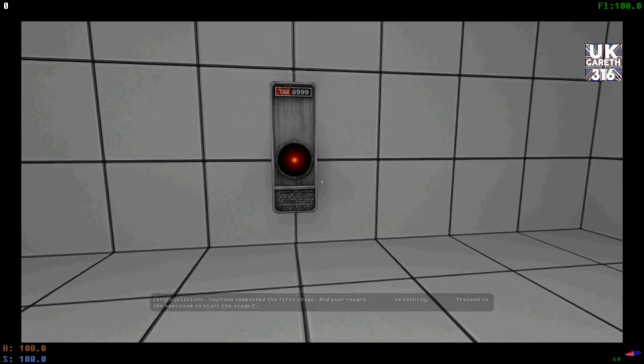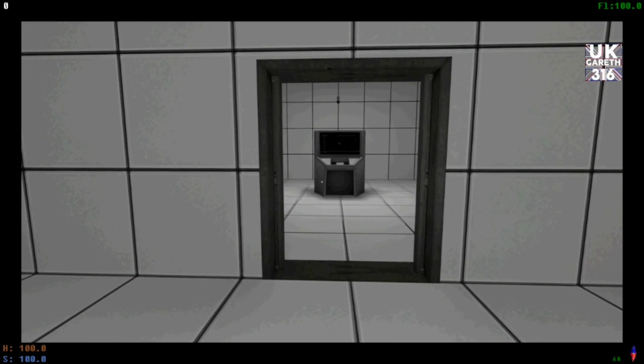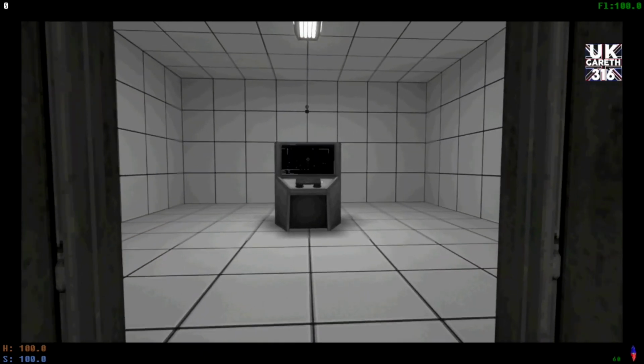See, this is to complete the first room in this actually first stage, so there's a few problems with text and